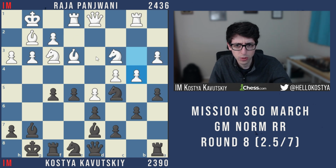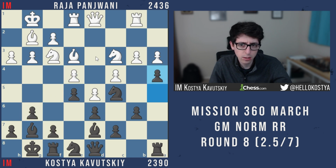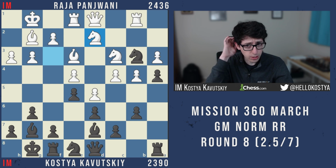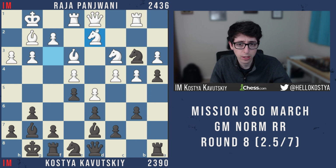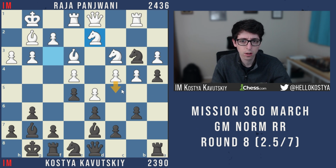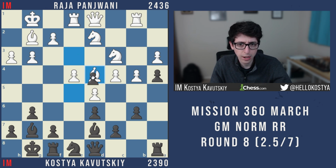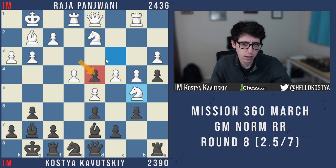During the game, I really just wasn't sure at all about this position. And I decided to push a4 and plant my knight on b3, which is kind of a thematic idea. Now knight to d2. And white just immediately trades this knight off, which I think makes sense, and then eventually is hoping to push for c5. So knight takes d2. I also considered knight d4 here, but I think this one would end up quite badly after takes knight b5. I really tried to make it work, because white does give up the dark squared bishop here, but the problem I felt was